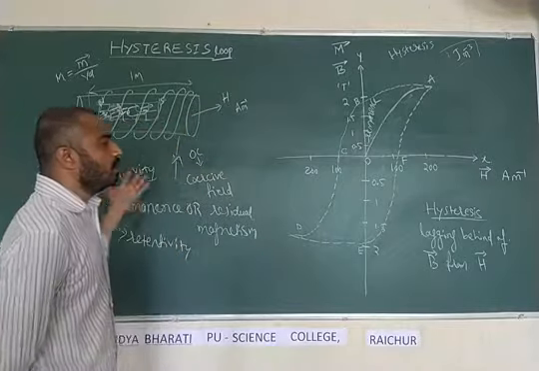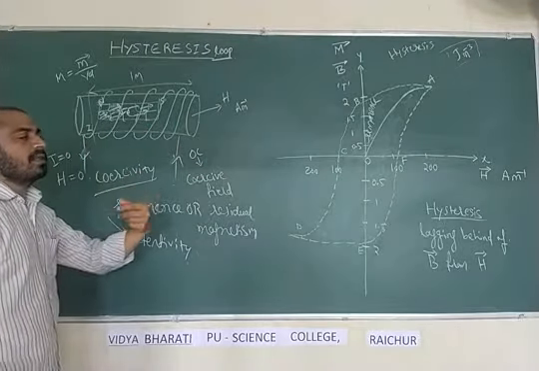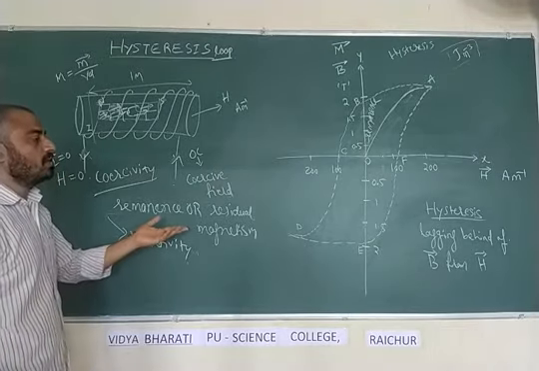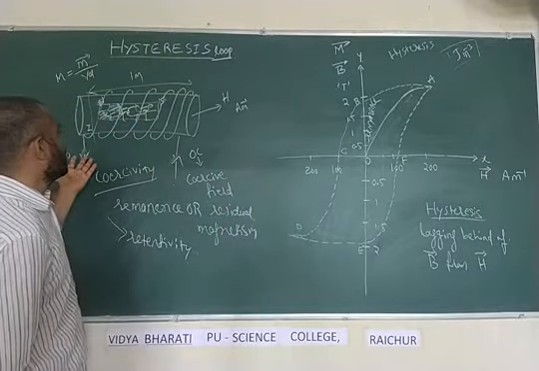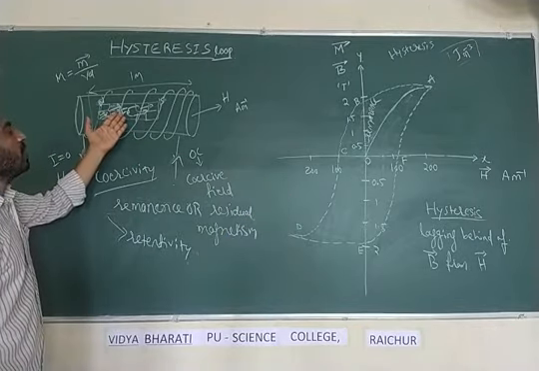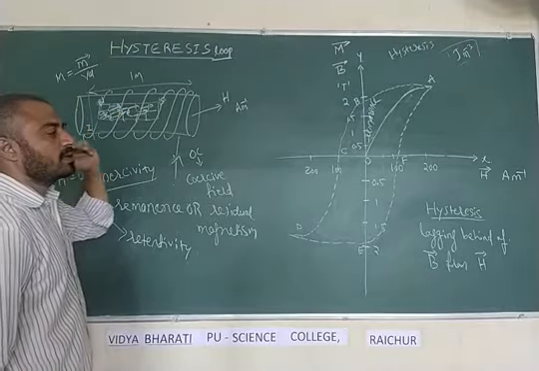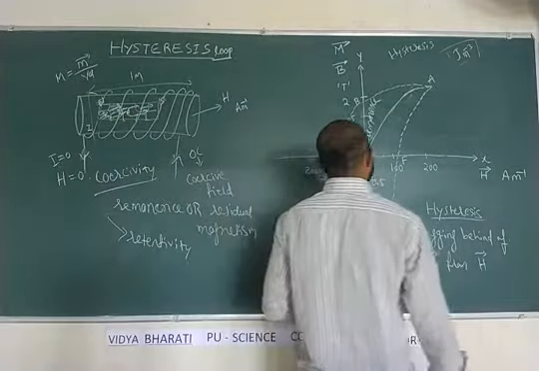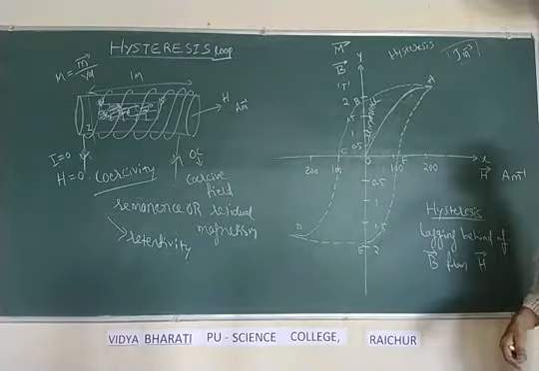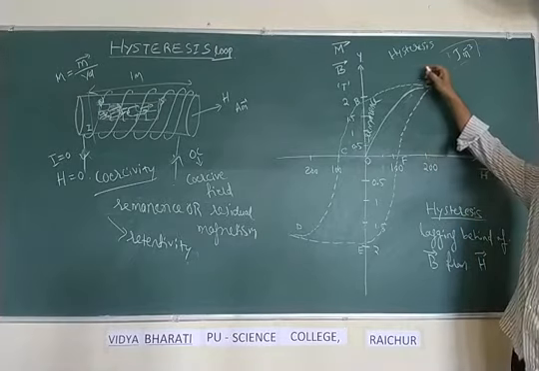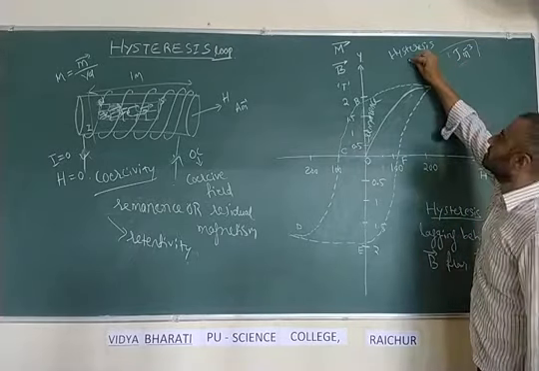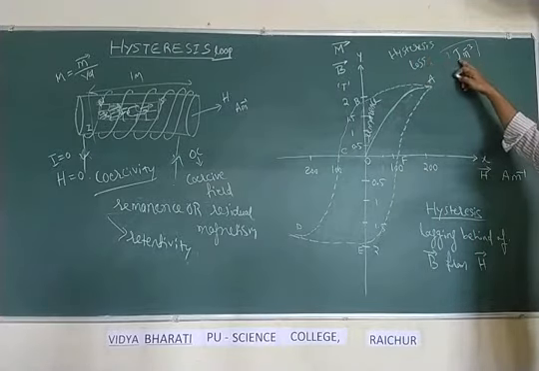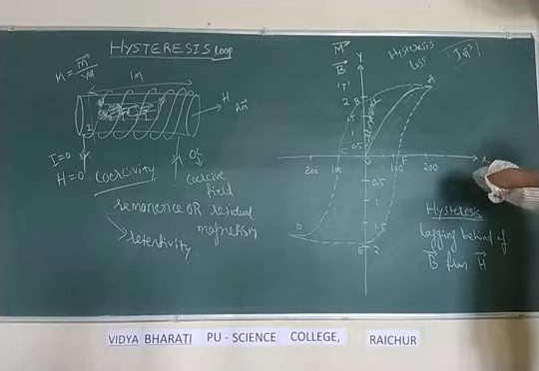And as I told you, during this process some amount of energy is wasted in the form of heat energy, because during this cycle we are sending some current to make all the molecules of the iron orient in one particular direction, to magnetize it, and again to demagnetize it. In this process some amount of energy is wasted, and that amount can be taken as the hysteresis loss per cycle.